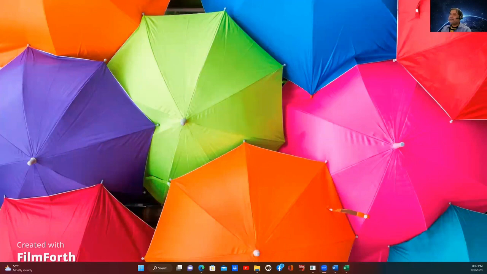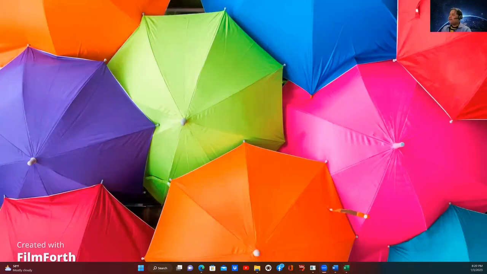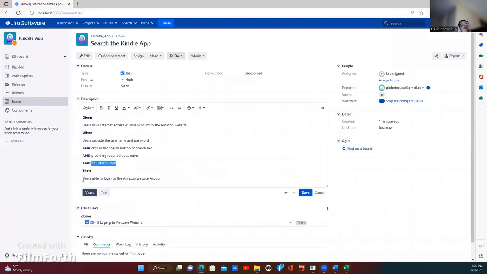And then what happens? The user is able to provide the product details, and what can we write here then? The user is able to find the required product. I wrote down that Kindle apps appear. Yeah, that's fine, that's what I wrote. You can write the same thing, or you can write it like